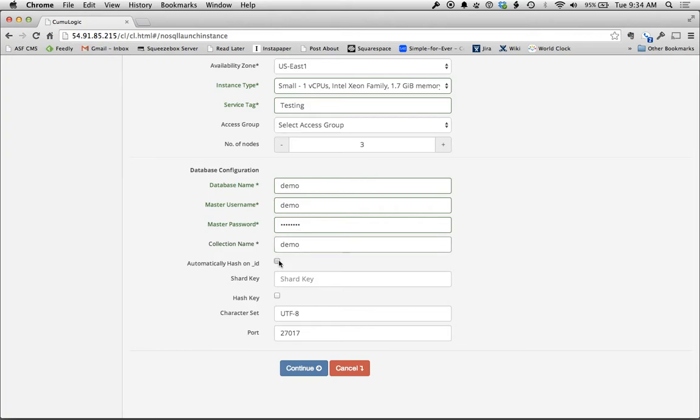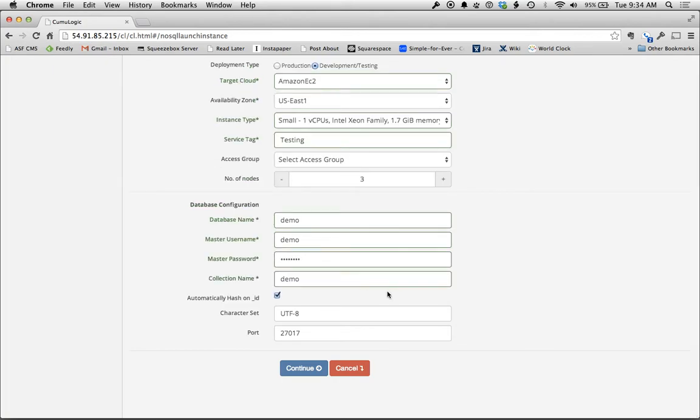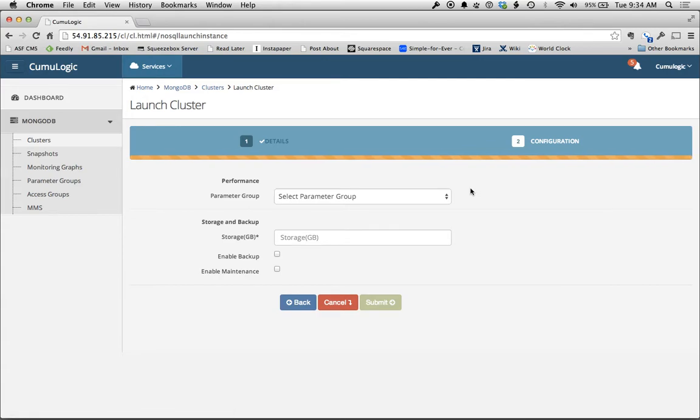I'm going to then select automatically hash on ID. There are some other options for how you handle sharding. You can specify the specific key, you can specify whether to hash it or not. We could modify our character set or the port that Mongo would listen on. Clicking continue, I've just got one more set of questions to answer before we go ahead and launch the new